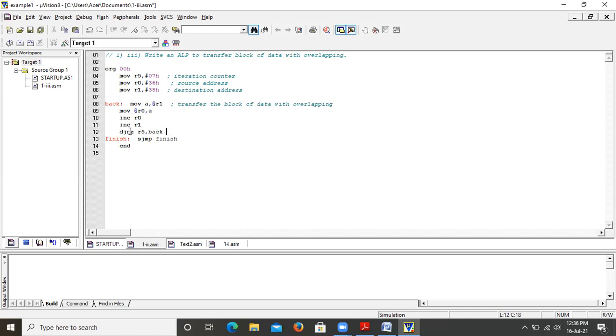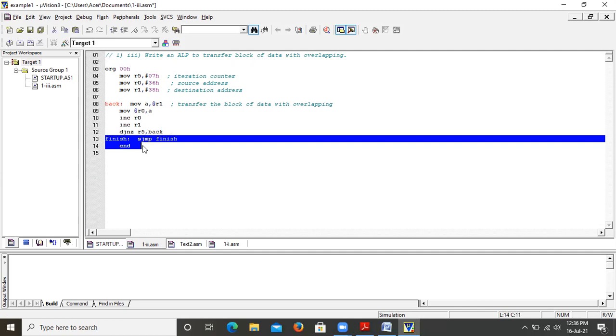Then repeat the same until R5 becomes equal to 0: DJNZ R5, back. The label back is here, which is the beginning of your loop. Then SJMP finish, the end of your code.